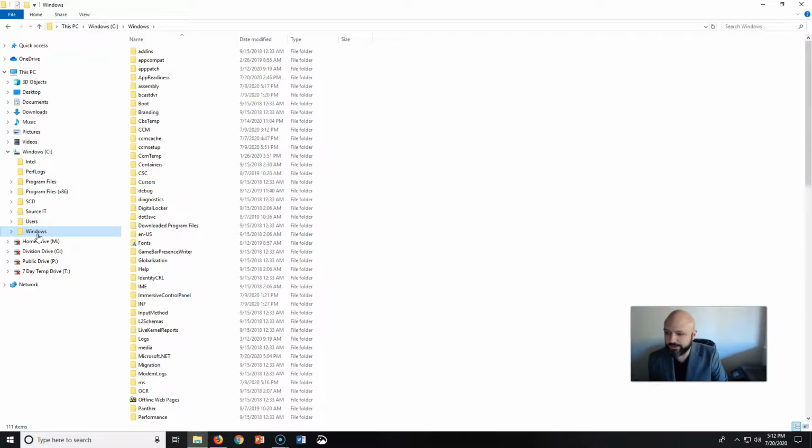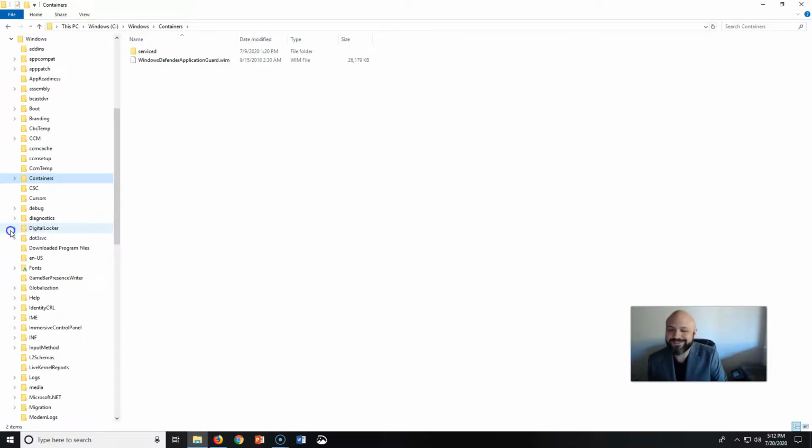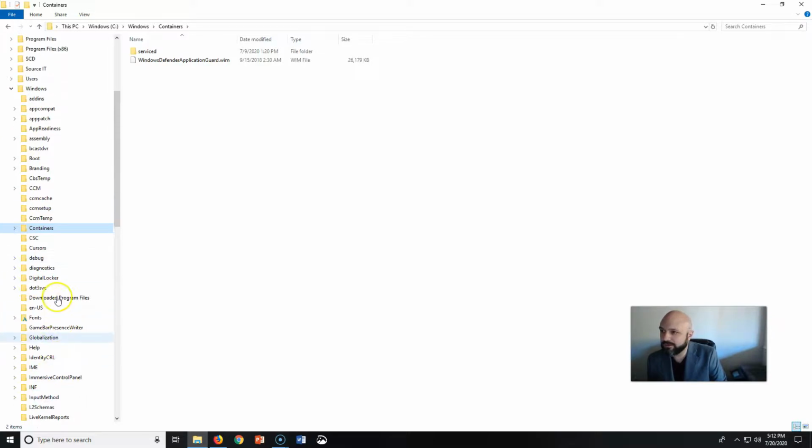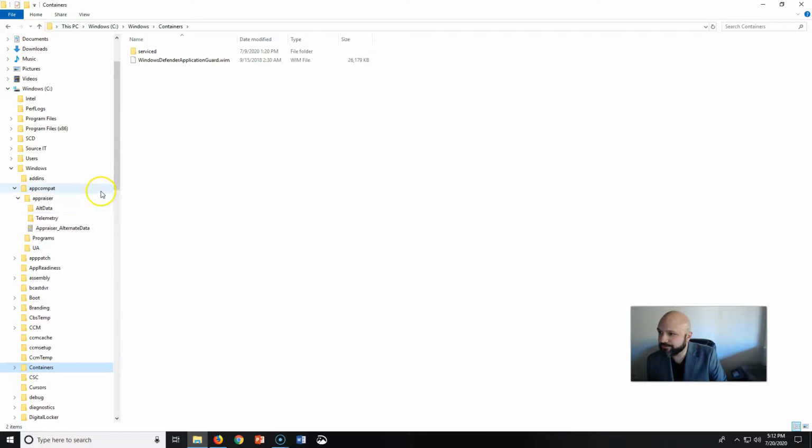So I click on Windows and I see a whole bunch of different folders. I can open one up here, or I can click on the little caret on the left side and I can open it up there. Notice it does get a little cluttered. Let's open up a couple more folders. And here we go. Notice that as I open up these folders by clicking the carets on the left, again, it doesn't open those up on the right-hand side.